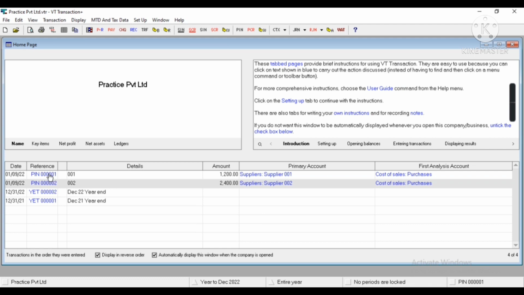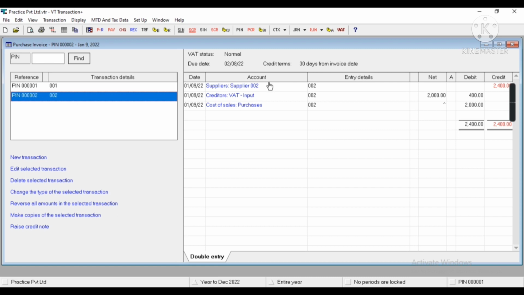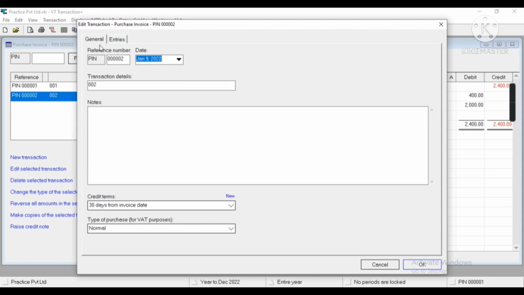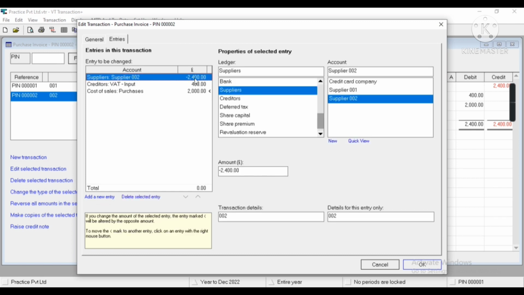Now to edit a transaction, we'll click on a particular reference number. So this is the journal entry associated with that particular reference number. We can also make changes from here. We can select any reference number. Now after selecting any reference number, I click on edit transaction. These are the basic details which I can change, like invoice number and dates. And these are the main contents like ledgers as well as numericals.